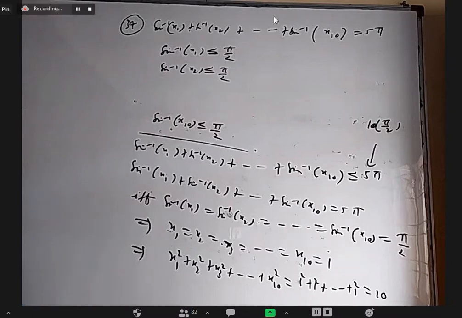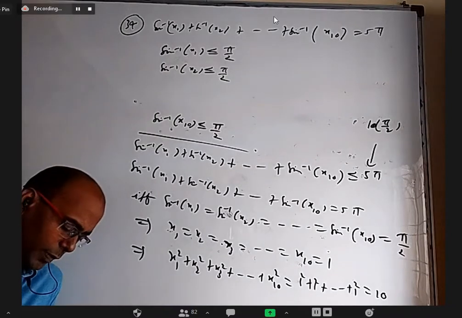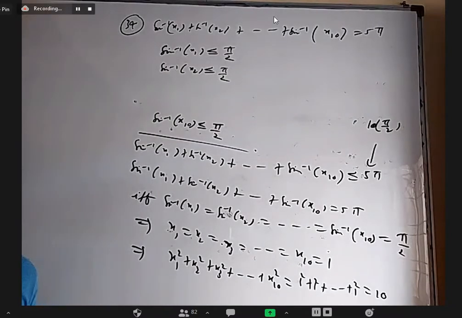Are others clear about 34? Okay. 35 you can verify from the options. Apart from that, it is a simple quadratic equation. You can write cot inverse x as pi by 2 minus tan inverse x, and then you can solve the quadratic equation. You get two answers. One of them is valid, one of them is not.